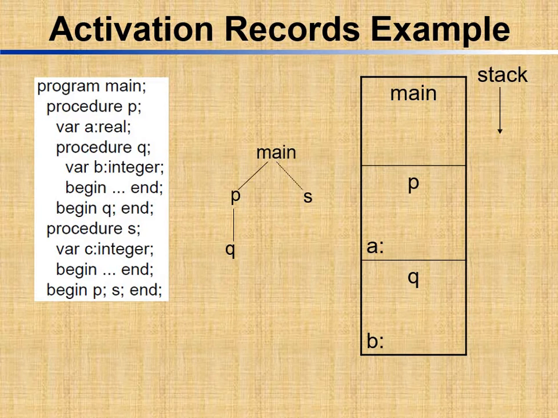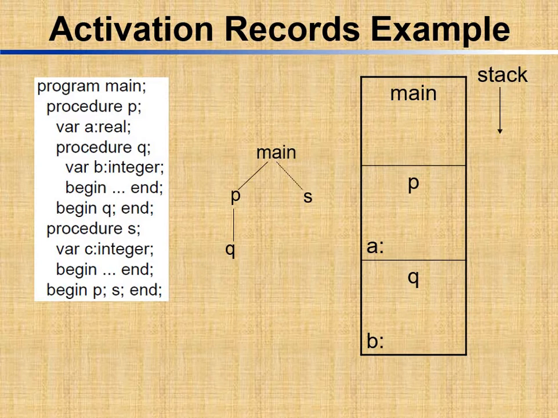So here you can see one program we have written, like main. Inside main one procedure is there, P, and inside P we have one more procedure, that is Q. We have one variable B inside Q, and we are calling this procedure. After that we have one procedure S that is inside main, but it is outside of the P procedure. Here we have one C variable, so inside main we have two procedures, P and S, and at last we come out from the main program.